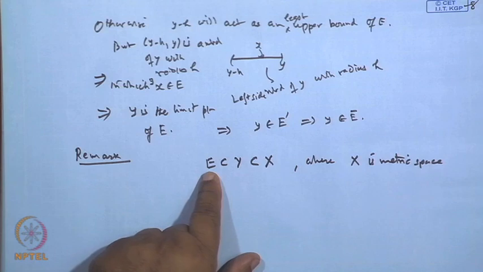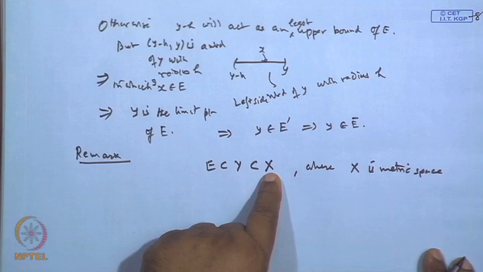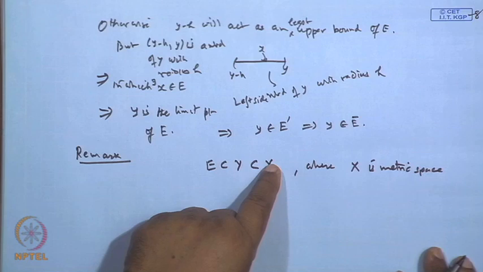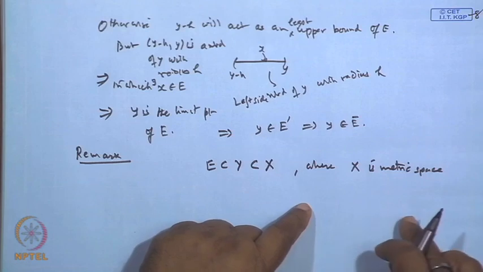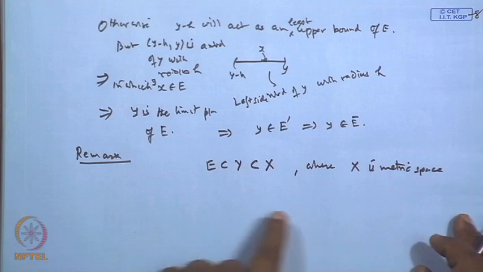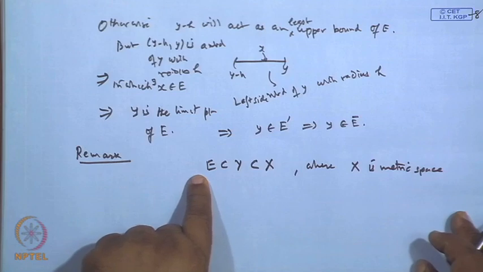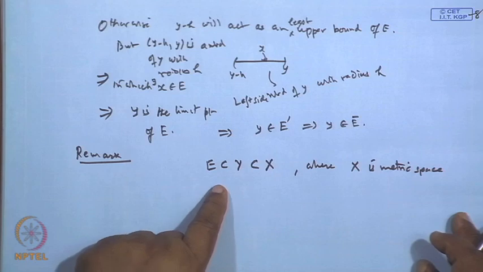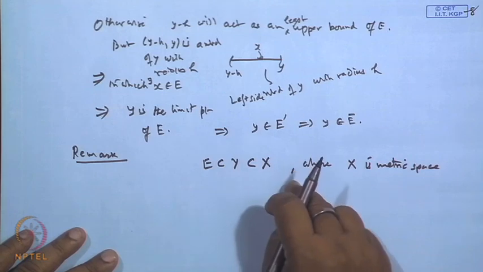Then we have seen that a set may be open in X, may be open in Y, and may not remain open in X. This we have seen just like an open interval (a, b), which is open in R^1, but it is not open in R^2. So, in case of an open set or closed set, the space which encloses the set is important, where the set E is open. So, that is why we can introduce the concept of an open set relative to the space, relative to Y or relative to X.